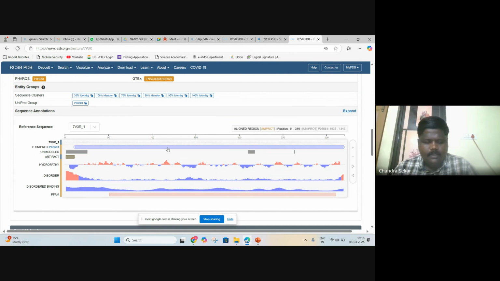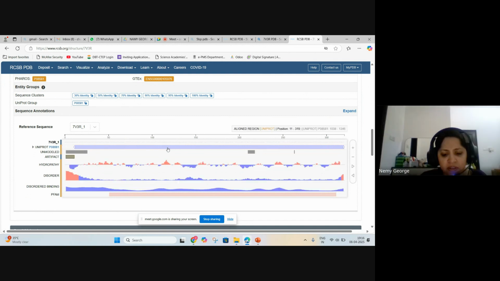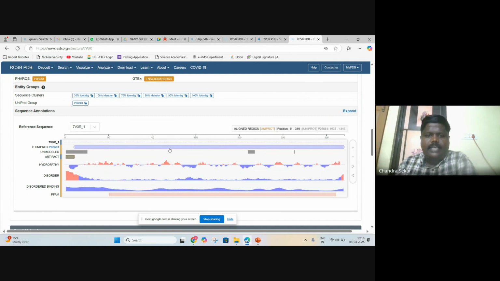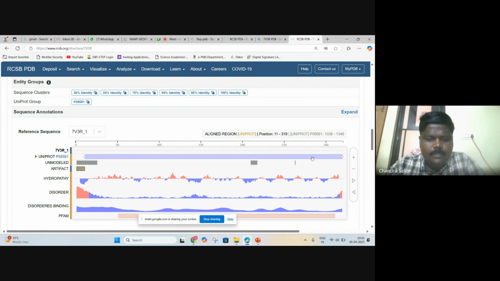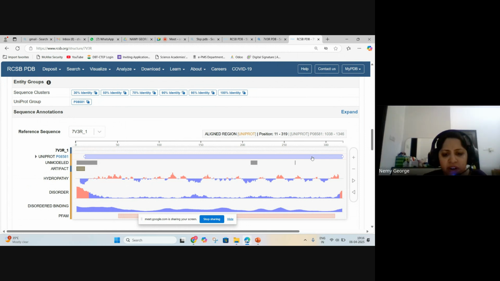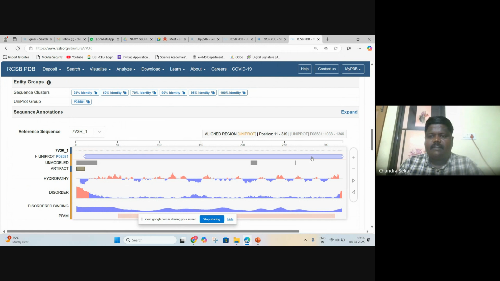Can you see here what I'm showing you? Wait, 1 second. I have to keep my mouse over this bar. If I keep it over the bar, can you see the position over here? 319. Okay, 319. So what's the range we require? Mine is from 25 to 510, like that. Okay, we need 515.